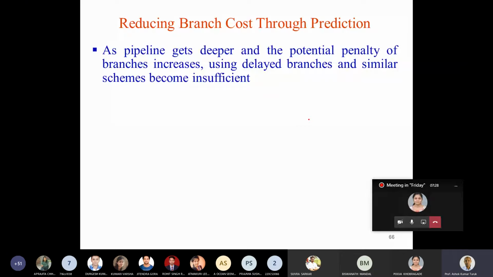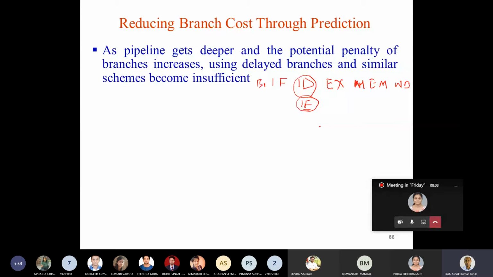Last class I was explaining that this is my instruction fetch stage, this is the instruction decode, this is the execution stage, memory stage, and write back stage. In our 5-stage pipeline, we are resolving all the branches in the instruction decode stage. So if this is my branch instruction, then one instruction is already in the pipeline and the branch takes place, so this instruction has to be nullified. So you pay only 1 clock cycle.